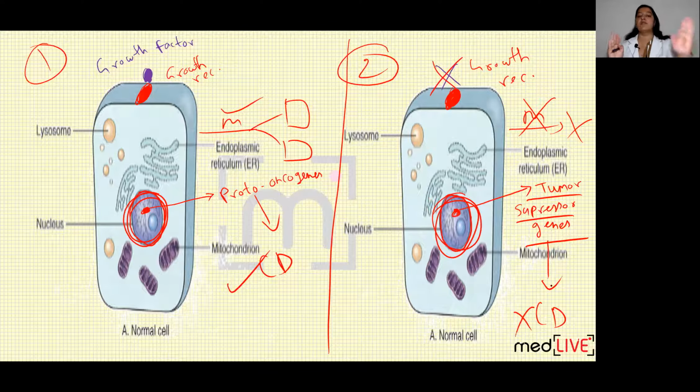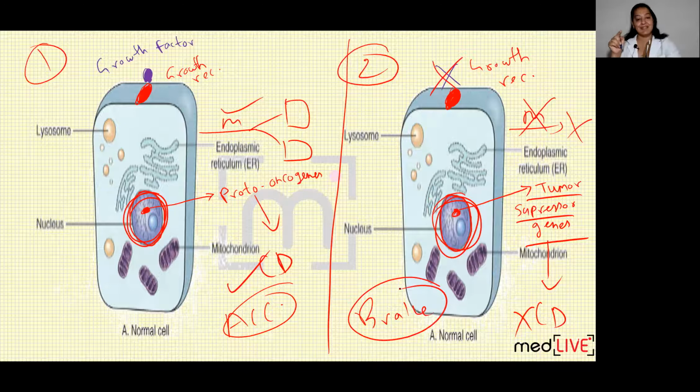This occurs normally. When growth factor is present, proto-oncogenes get stimulated and cell division occurs. When growth factor is absent, stimulus is absent, tumor suppressor gene gets stimulated and cell division doesn't occur. So proto-oncogenes are like the accelerator of a car. They increase the speed, that is, they cause cell division. They promote cell division. And tumor suppressor genes are like the brakes of a car. If you apply a brake in a car, the speed decreases. That is, they decrease the cell division. They inhibit the cell division.